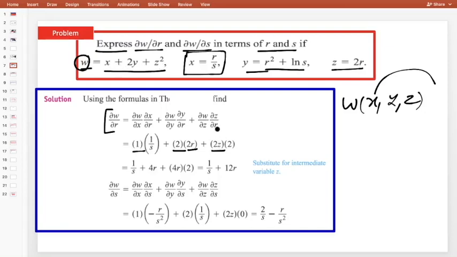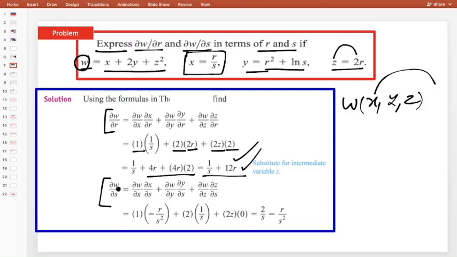And del z by del r, with respect to r, you will get 2. So once you simplify, you add simply 1 by s plus 4r plus 4z, you will get this result. I think this is clear, right? Here you just see, 4 2 ja 8, right? Because z is simply given in terms of r, so you can put z is equal to 2r. Here 2z is given, so it will become 4r. So once you add, you will get this one.